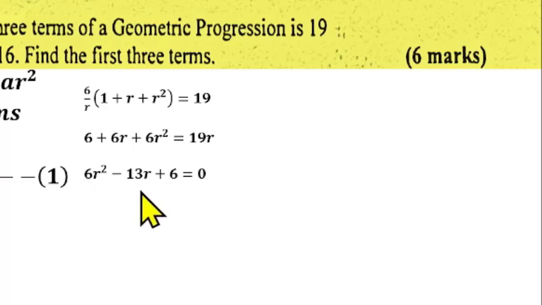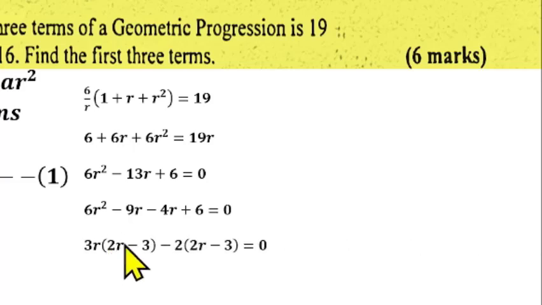So we have a quadratic equation to solve now using any method that you know, but you can solve this using the factorization method. 6 will multiply 6, that will give us 36. Then we can look for two numbers that multiply together to give us 36, and when you add them together give us minus 13. That should be minus 9 and minus 4. Minus 9 times minus 4 gives us 36, then minus 9 minus 4 gives us minus 13. So if you now write this, we have 6r squared minus 9r minus 4r plus 6 equals 0. You can factorize 3r here. So 3r into 2r minus 3